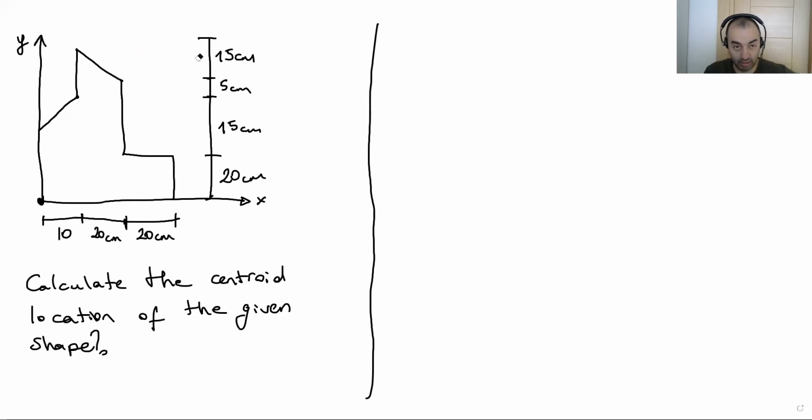Let's get started to divide our section into the basic shapes that we know the area or the center of gravity points. Okay, let me divide this section. You can divide by yourself, that's okay, but I'm gonna draw what I did in my calculation. For example, I did this. I divided a triangle here. This is 1, and then here we have